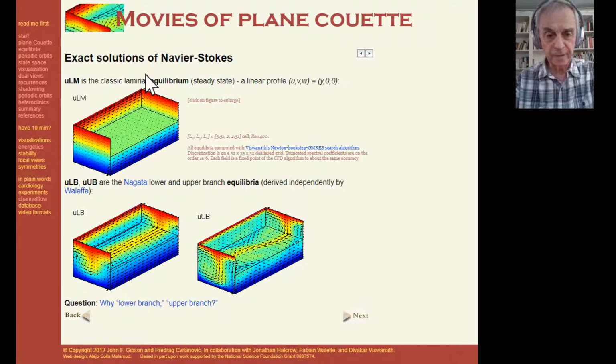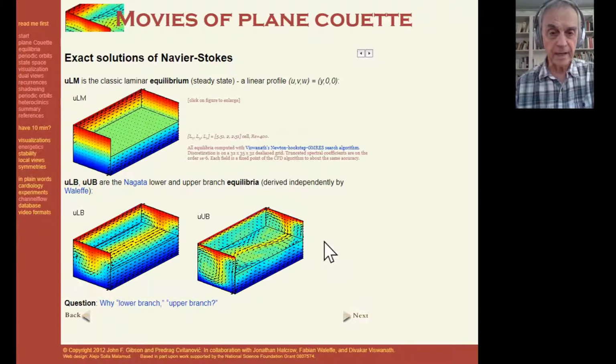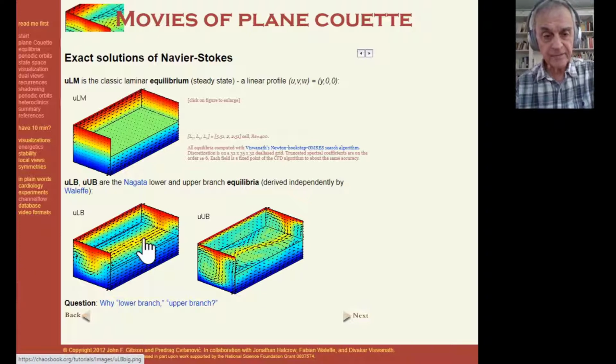That solution has been known forever. But Nagata, a Japanese, well, doesn't matter, a scientist working in England, discovered other solutions. And they have some funky names like lower branch, upper branch. Ignore that, it has to do with bifurcations. But he discovered solutions that are pretty stunning, because when you look at these two solutions and you go back